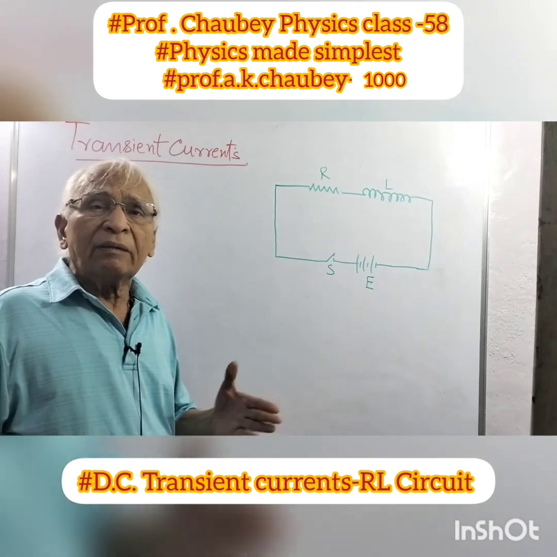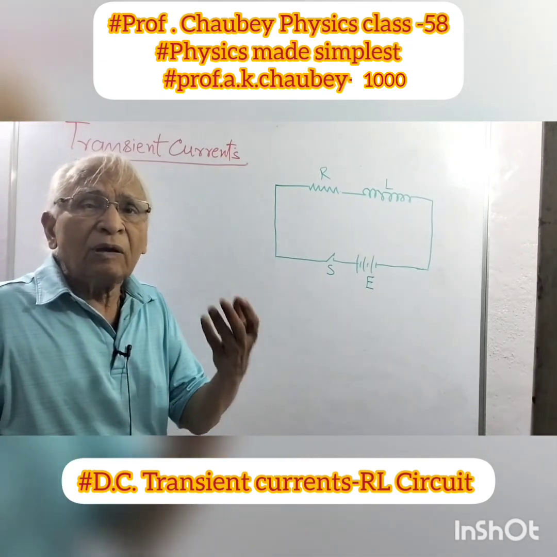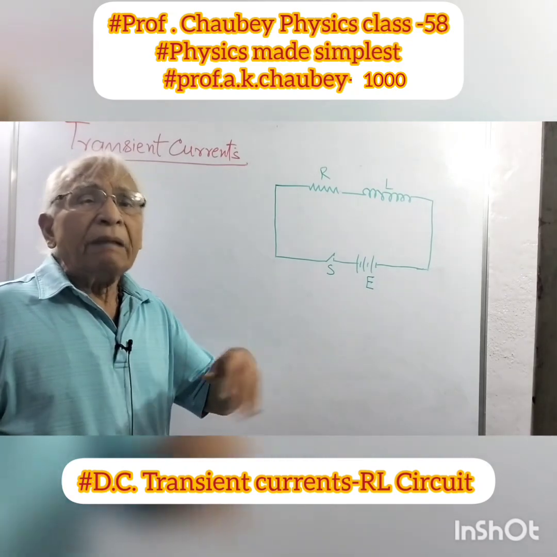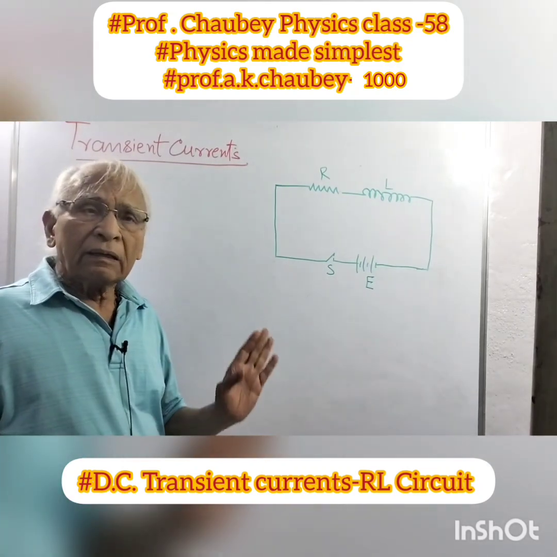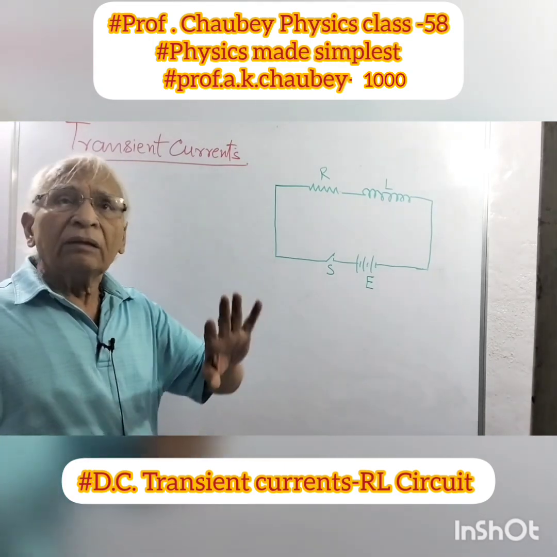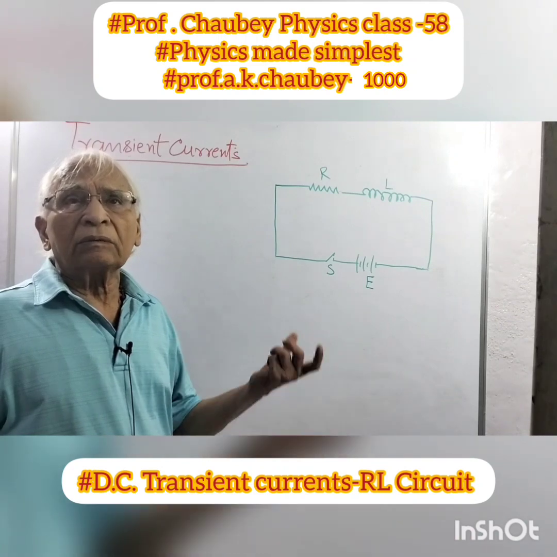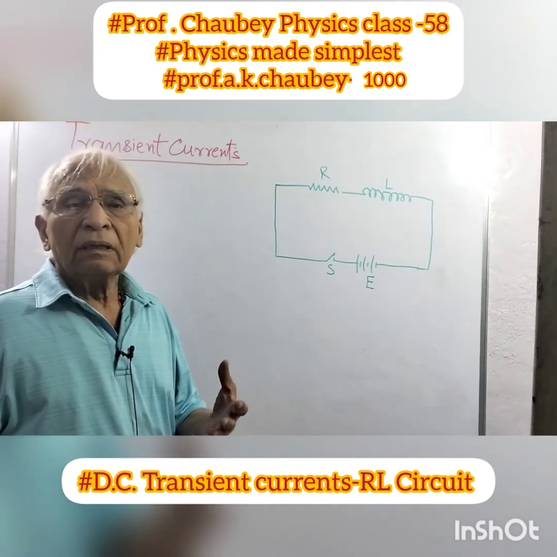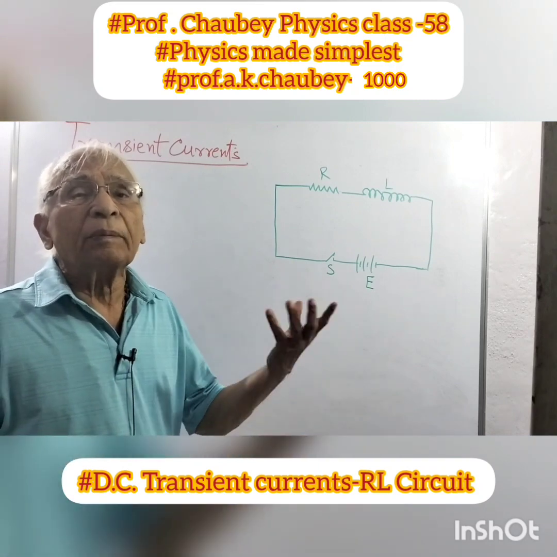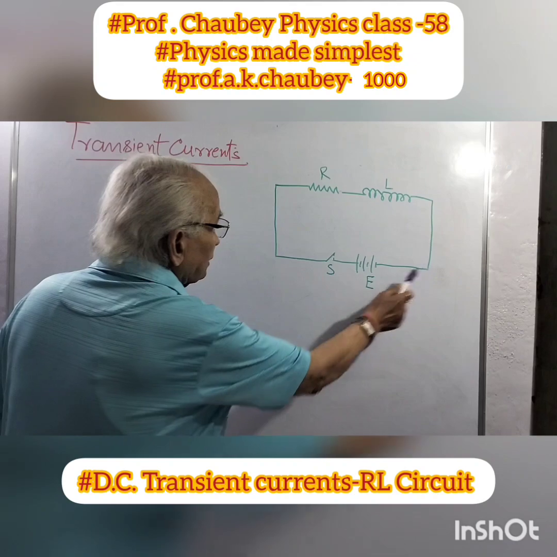So transient current means not constant current. Transient currents at one particular time, so time dependence of the current means current is not constant. Current is either increasing or decreasing, depending upon the condition of the circuit, but it is not constant. It is transient, means time dependent. So time dependence of current, here this is the circuit. Remember,